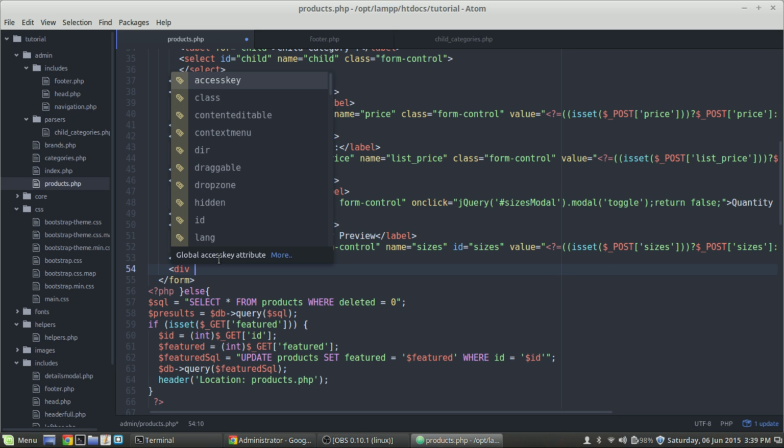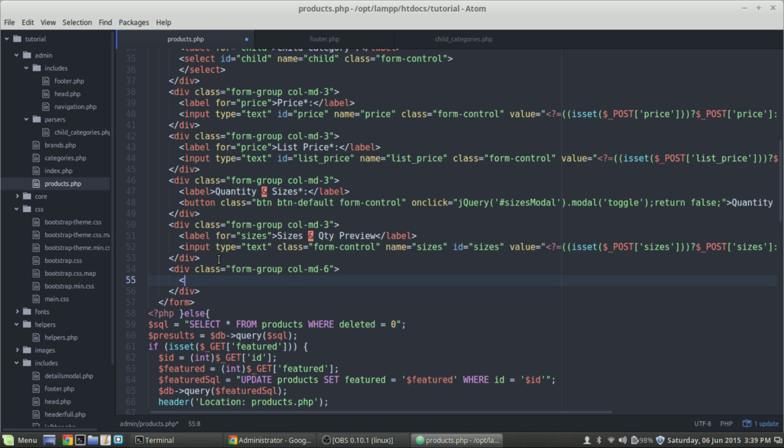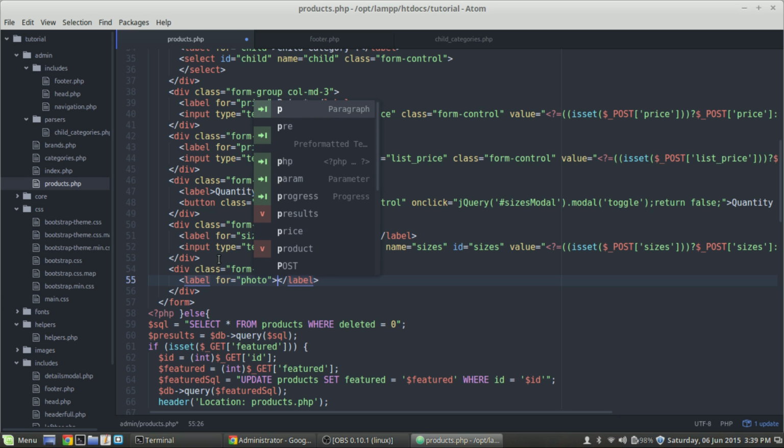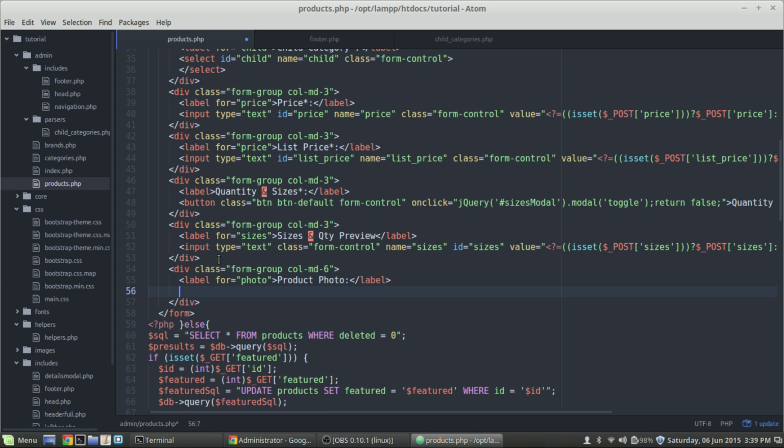So we have a div here. Give it a class equal to form-group. Okay, and we're also going to give this a col-md-6 this time, because we want it to be half this width, and Bootstrap grid system goes by 12. Okay, so we're going to do a label for photo. Product photo. Then we do an input